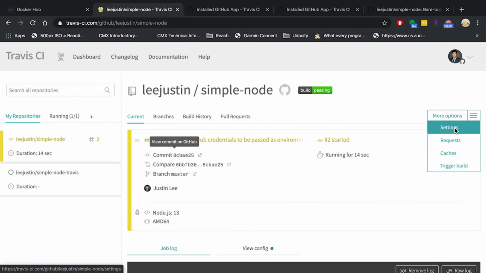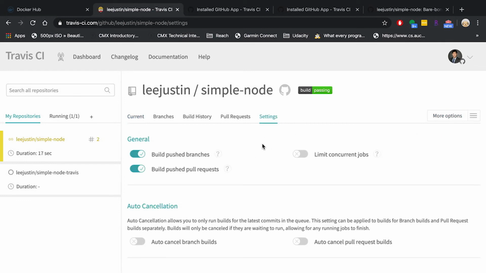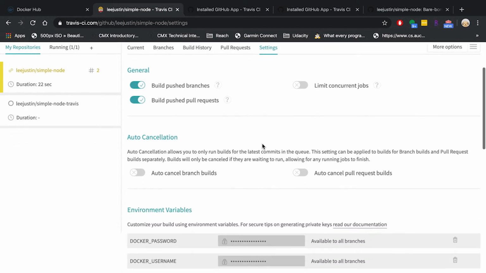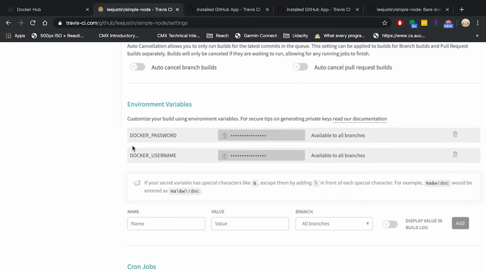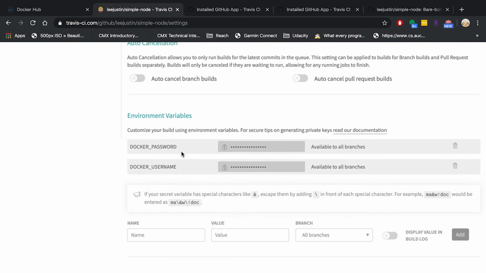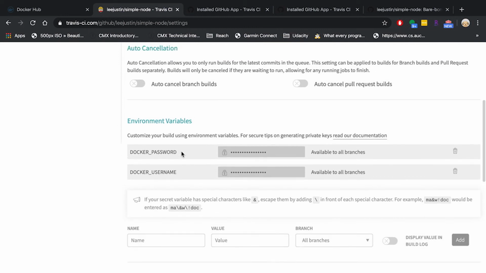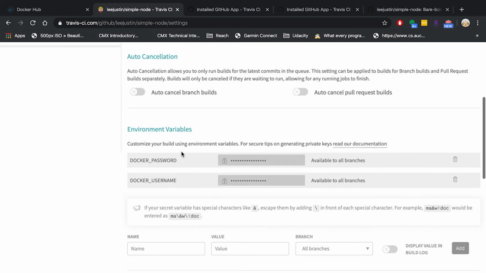In the meantime, I want to show you that previously, when we pushed Docker images to Docker Hub, we had to log in to Docker Hub with some credentials. Here, I've already set up my Docker username and my Docker password. What this does is that once Travis reaches that step where it needs to push the image to Docker Hub, it will have these credentials ready to make that connection. How it uses this is that in the Travis YAML file, I specified to use the Docker username and the Docker password to log in, similar to how I would normally do so in the command line.